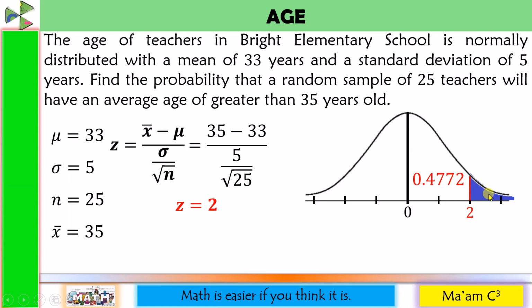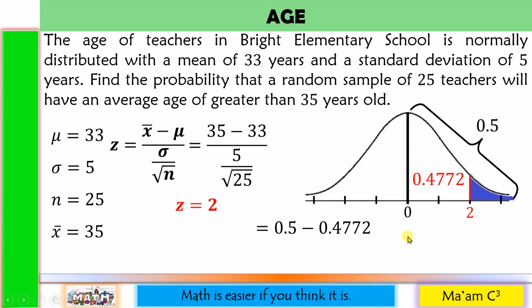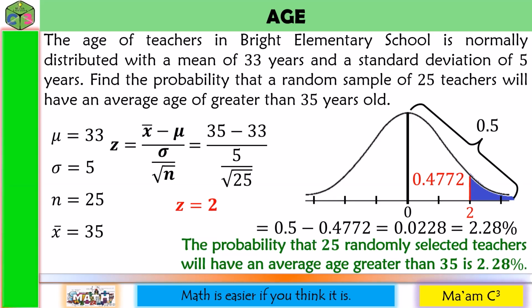To solve for this, we know that half of a bell curve is 0.5. So to solve for this area, we simply have to subtract 0.4772 from 0.5. And this will give us 0.0228. Moving the decimal point 2 places going to the right, 2.28%. Now, let us answer the question. The probability that 25 randomly selected teachers will have an average age greater than 35 is